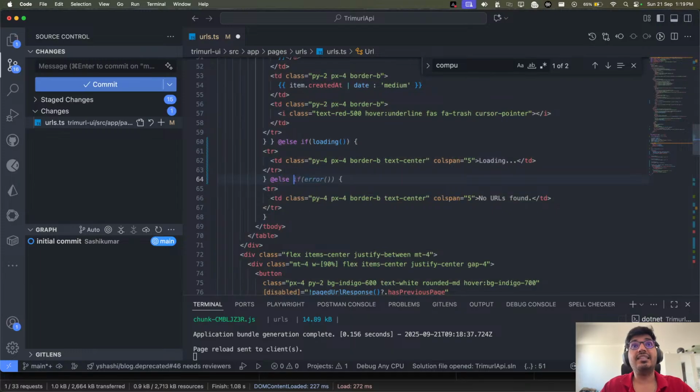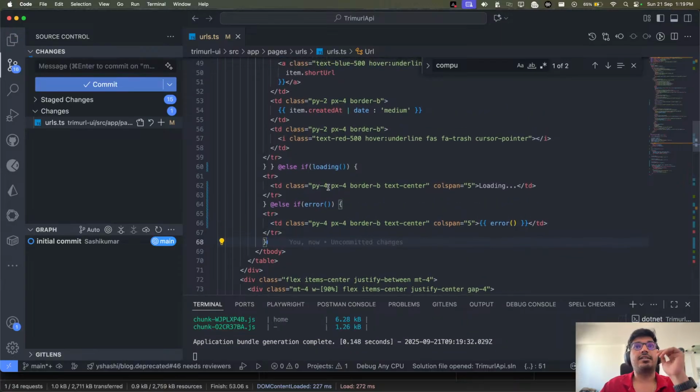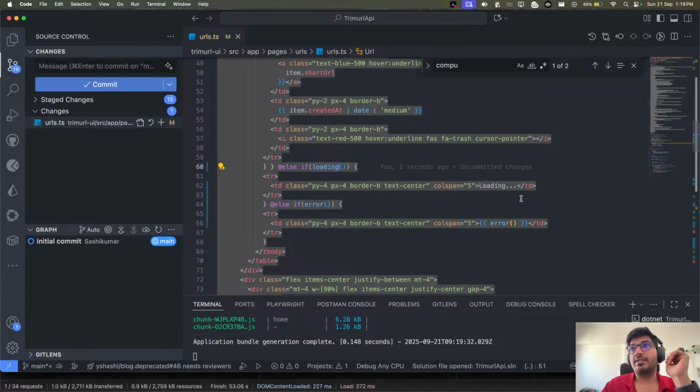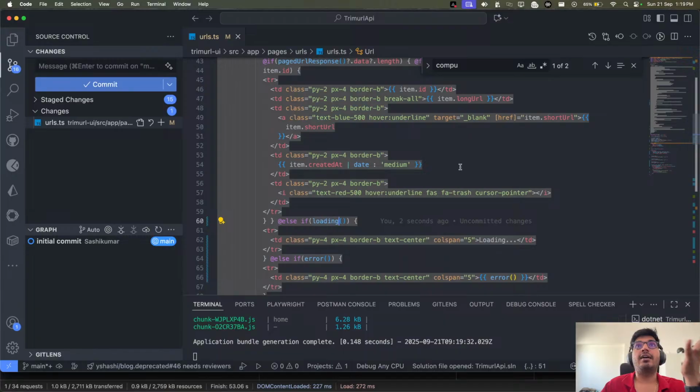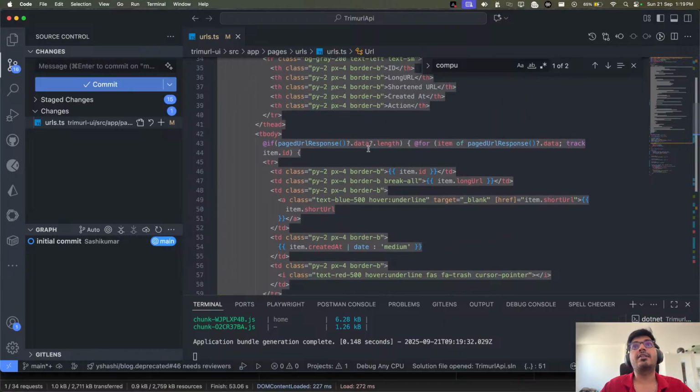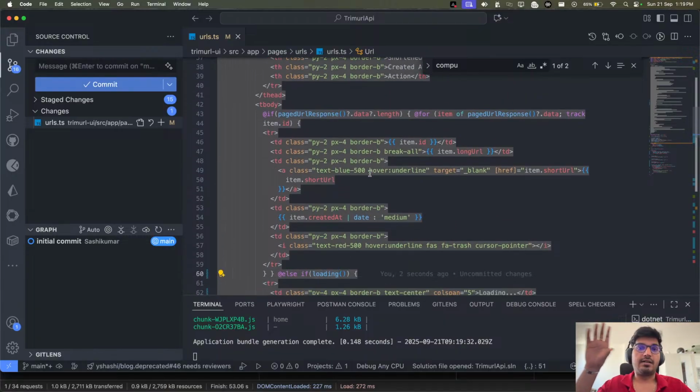Or if anything broke, we can add an error state basically, so we can show the error here, what went wrong. And this is what it is. So for the loading we show this loading state, for error we show this error state, and if we have data, then this is what it is going to show me, the real table data.